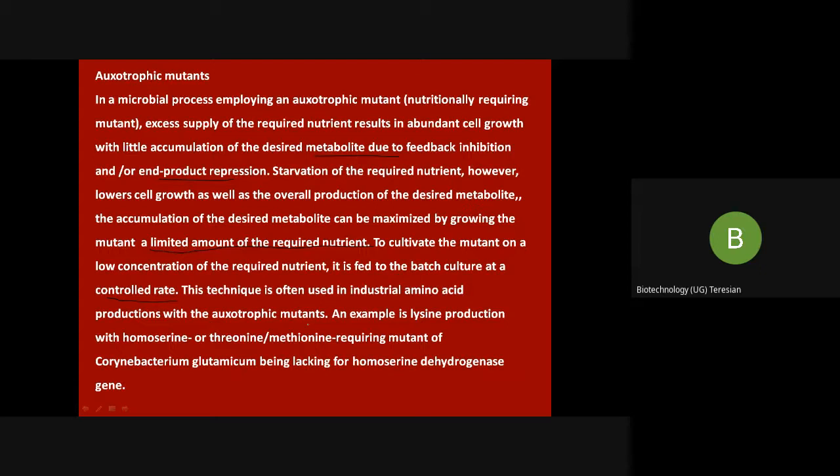Then what will happen? The microorganism will consume the homoserine or threonine and it will produce the requisite amino acid. That is about the auxotrophic mutants. So remember students, auxotrophic mutants are different from the wild type. That is, one or two nutrients are unavailable to them. They cannot synthesize them by themselves because they don't have the genes. They have been mutated. So you provide the nutrition, they consume it, and they provide you the metabolites, whatever you want.